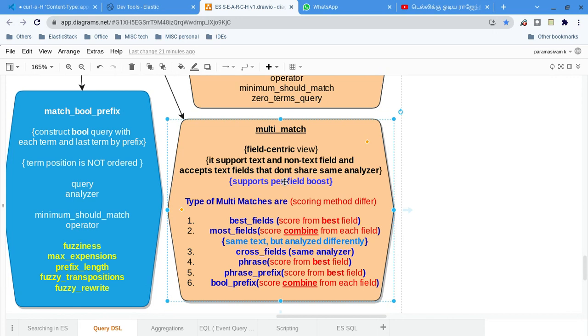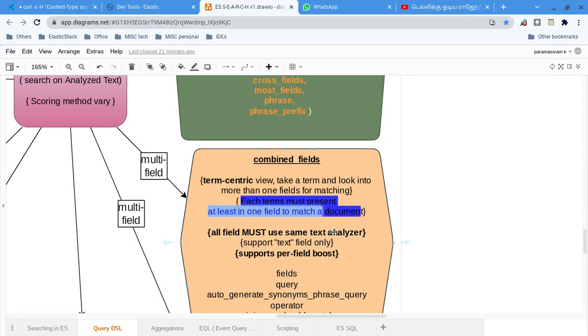The second thing is what field types it supports. Multi-match supports text and non-text fields, and the text fields need not share the same analyzer. Here it is the opposite: combined field supports only text fields, and all the text fields should use the same analyzer.